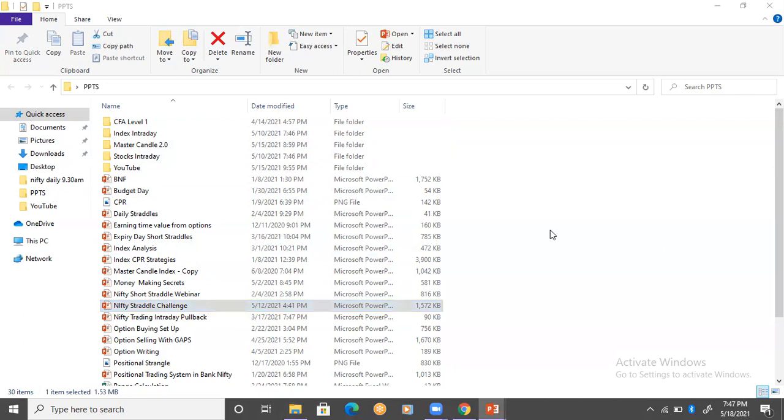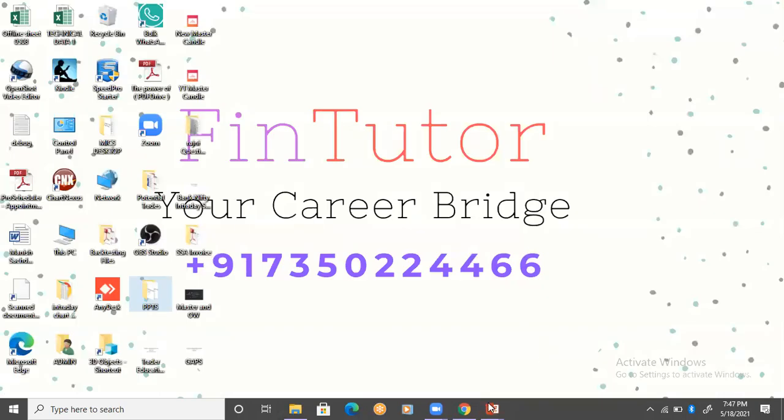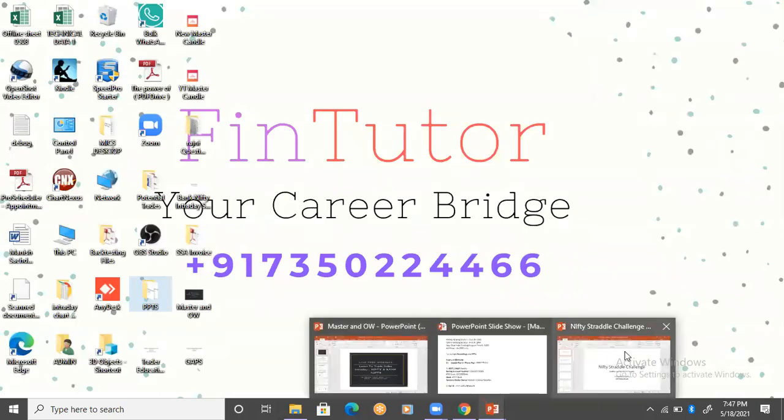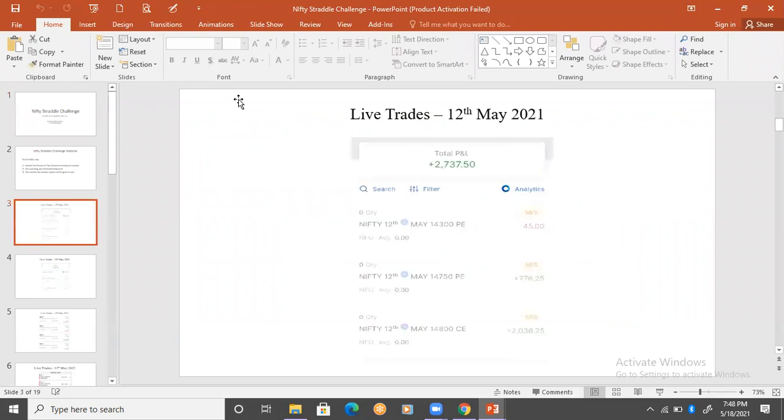5 to 6 lakhs? No, not at all. See, we will do option selling in intraday. In Nifty index, 40,000 is sufficient to do option selling. You need to take margin benefit. So, how to take margin benefit? You will learn in this session. Option selling does not require huge capital. 40,000 for one lot is enough in intraday if you are trading in Nifty.